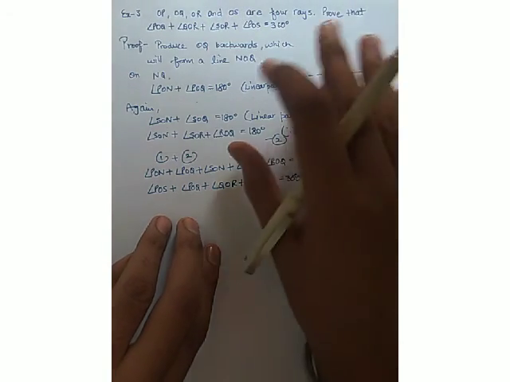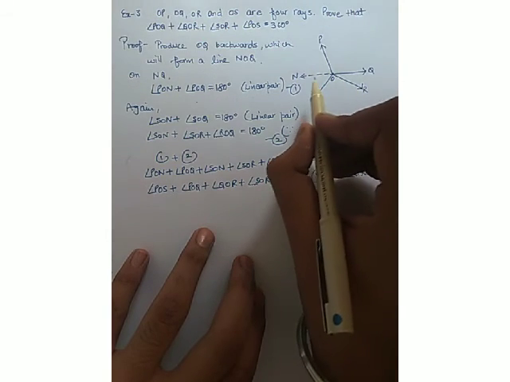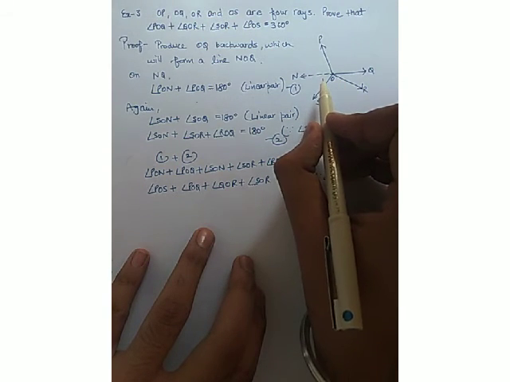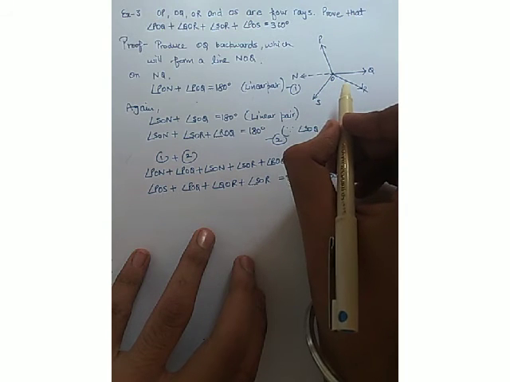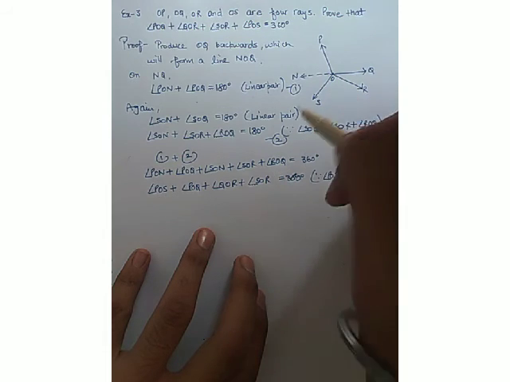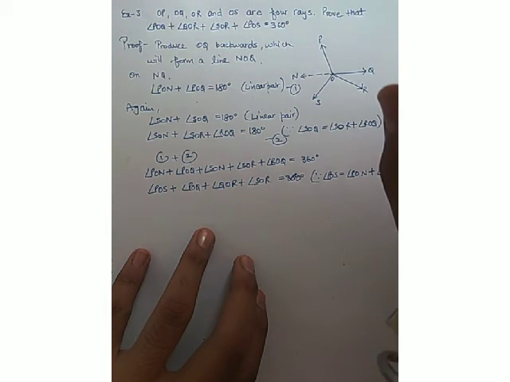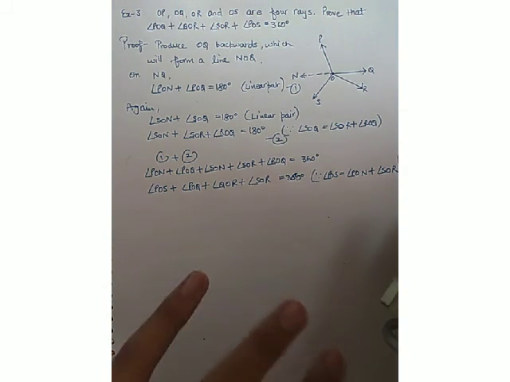Now just make the diagram as simple as you can. If you have to do any construction, just don't hesitate in doing that, because without doing the construction we will not be able to solve this sum, because we don't have any line, all were rays, and we haven't studied any property related to rays. So that is why you had to do the construction. So don't hesitate in doing that.